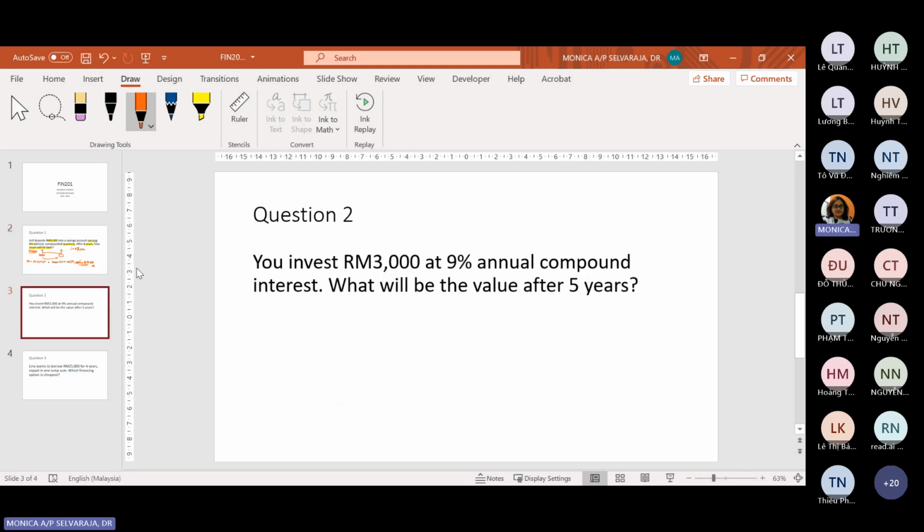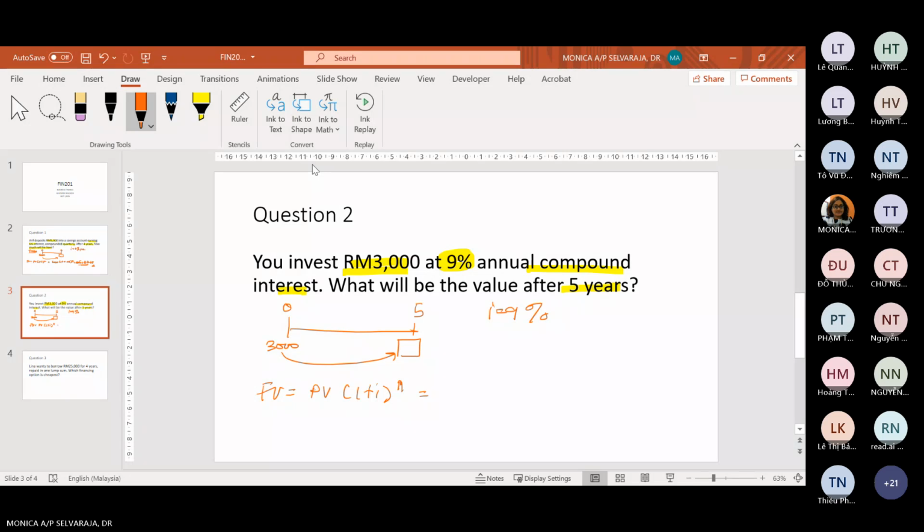Okay, next. You invested 3,000 at 9% compounded interest. After 5 years, what's the value? I is 9%. That's the value after 5 years. So here you have to use the future value formula. So this one is